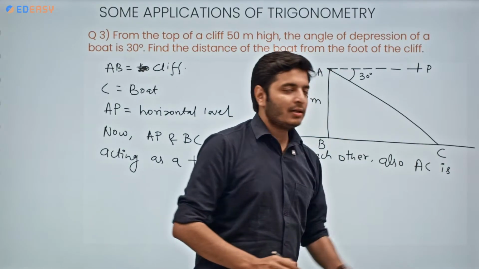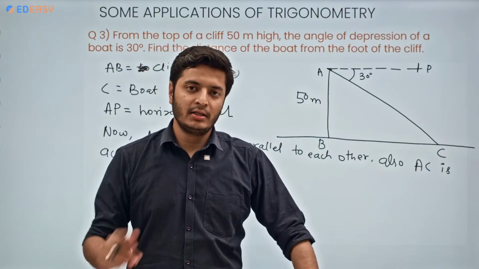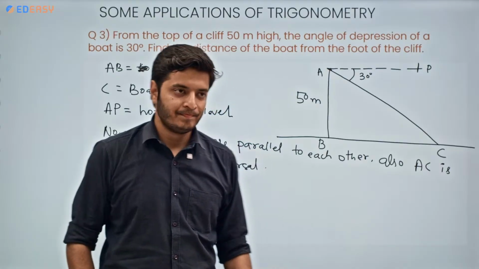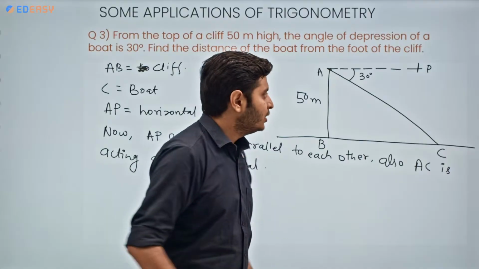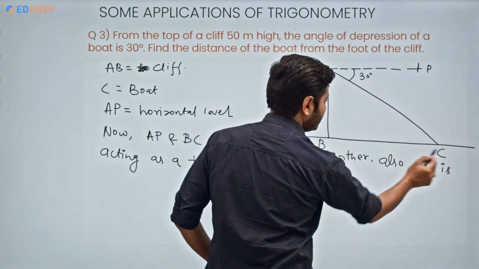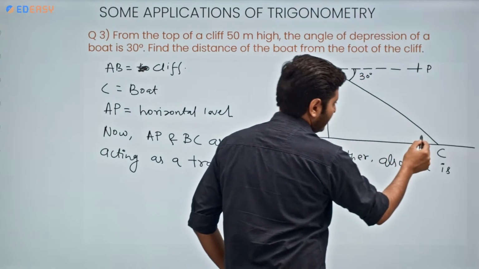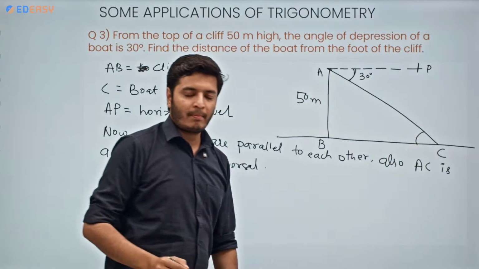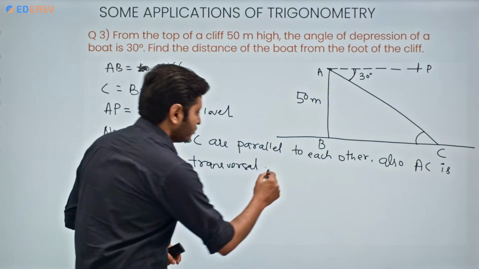In between two parallel lines, if a line is acting as a transversal, then they will be creating some very specific angles. Those angles can be equal to each other, right? Now, look at this and this line. This AC is acting as transversal. So this angle and this angle, are they equal? Yes, they are. So you will write,